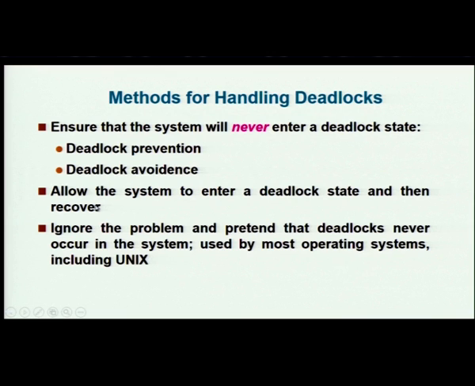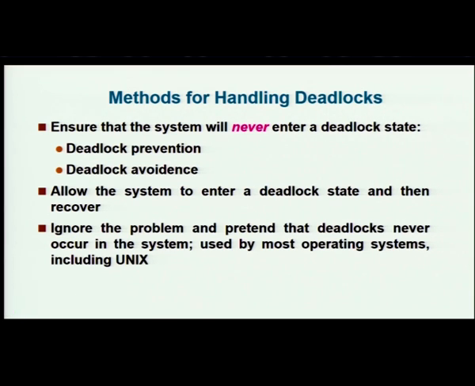Once we understand that as a resource allocation graph and use the graph theoretic algorithms, irrespective of the number of processes, irrespective of the number of types of resources and the number of instances, we will either prevent a deadlock or avoid a deadlock, or when a deadlock occurred, then we will detect it and then we can always recover. Ensure that the system will never enter a deadlock state by making sure that at